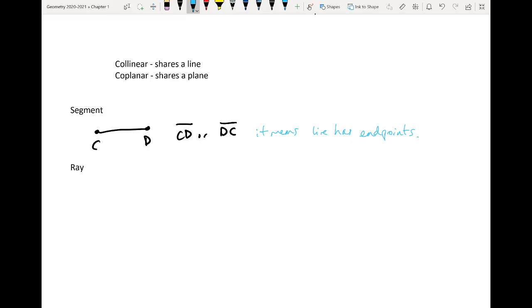We're going to learn next week that we can actually define that by a distance. That means we can measure from one endpoint to the other. There's a finite distance, okay? So that is our line segment, versus when we have a ray,